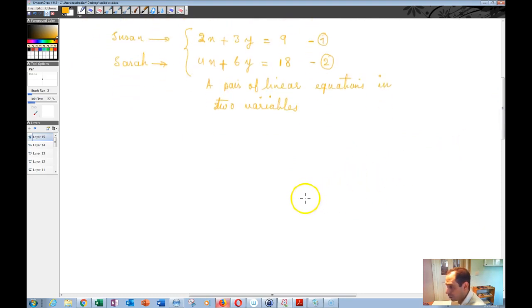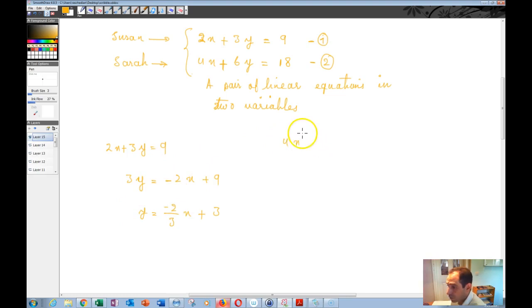draw, let me actually do this in a different way. Basically I have 2x plus 3y is equal to 9. So I have to separate my y over here. So 3y is equal to negative 2x plus 9, and y is equal to negative 2/3 x plus 3. Okay, so this is one of my equations, and the other one is